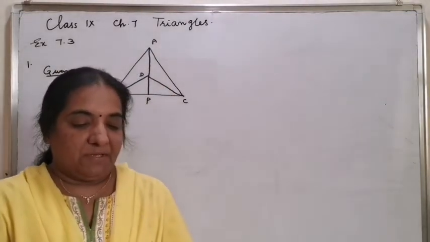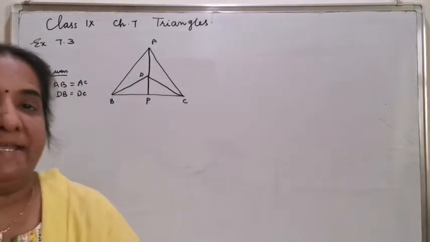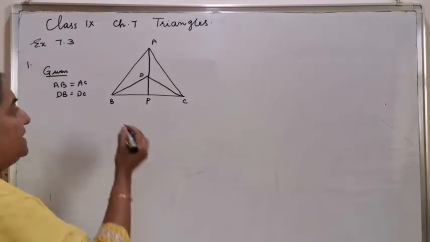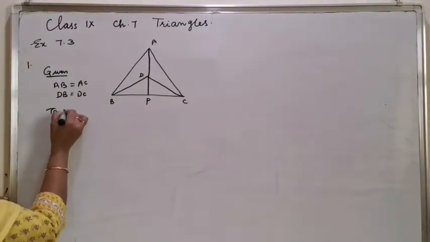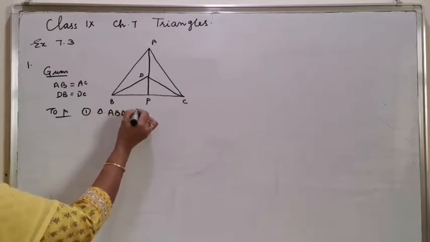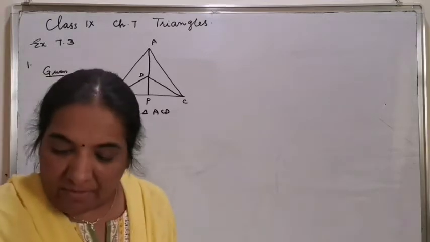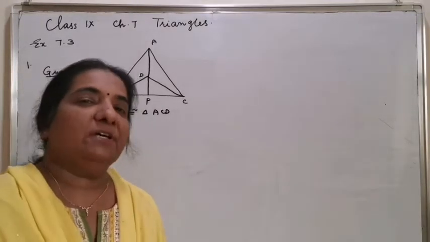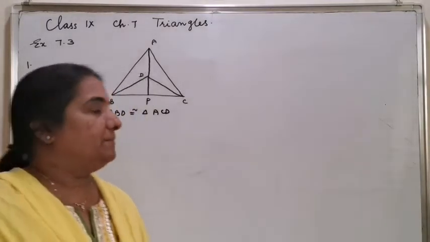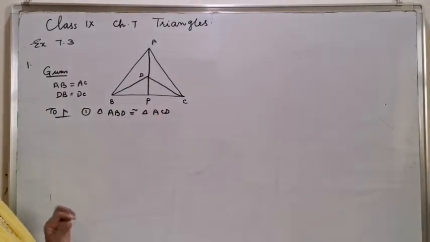Show that, number 1, triangle ABD is congruent to triangle ACD. What is to be proved? The first part is triangle ABD congruent to triangle ACD. There are 4 parts to be proved. Let's prove them separately. Triangle ABD congruent to triangle ACD. Now,